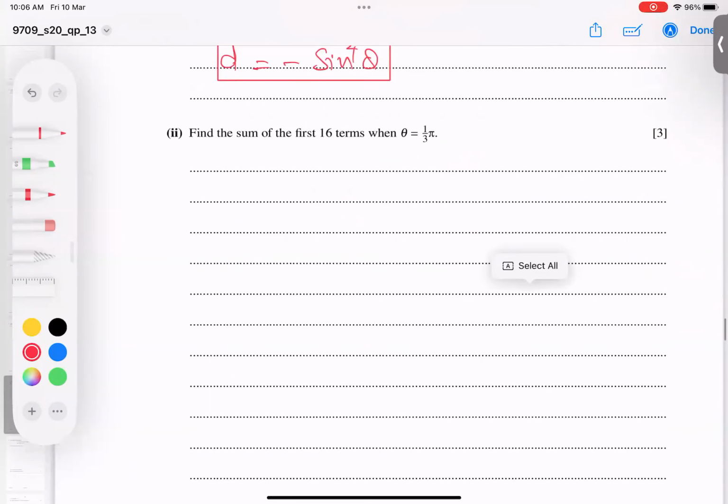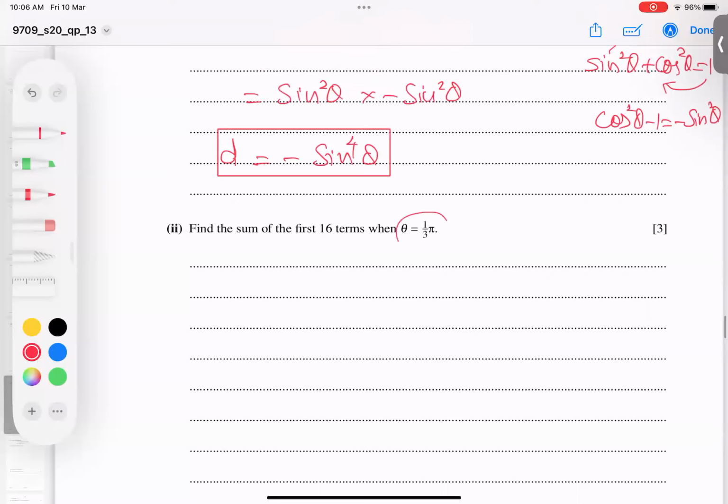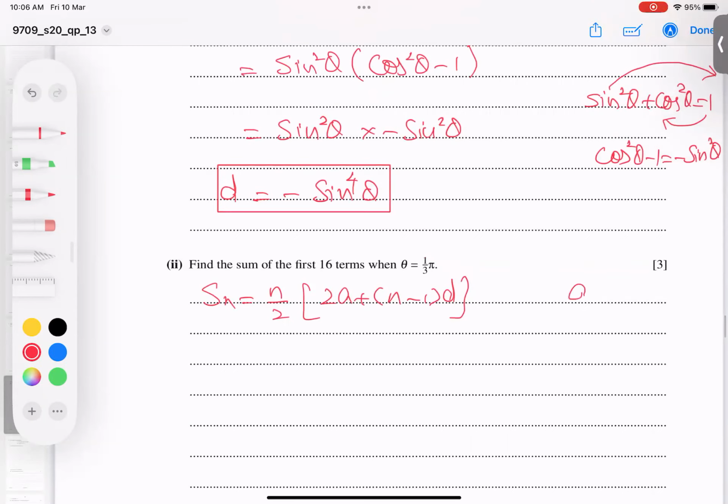Last part, he's saying that if theta is pi by 3, and you know it very well, find the sum of the first 16 terms. So the formula for the sum of an arithmetic progression is n divided by 2, 2a plus n minus 1 times d. So I'm looking for n equals 16. But before that, the first term is sine square theta. If I replace theta with pi by 3 here,